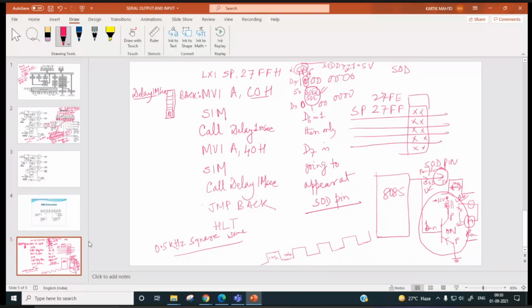And unnecessarily, while setting the interrupt mask, we would be sending either 0 or 1 to this peripheral device. Right. So that's why we have serial output enable. Okay. If this doubt is clear, then we can proceed next.